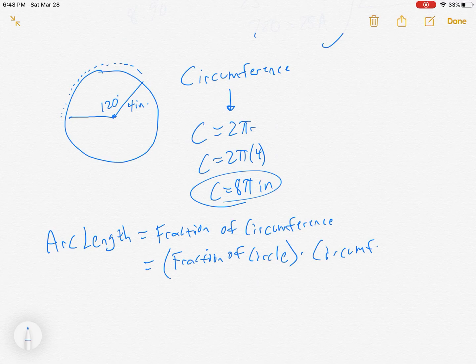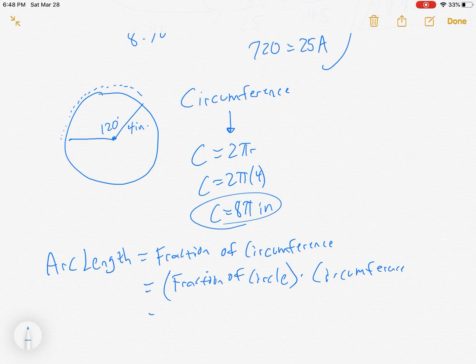That's what we need to do. In other words, the central angle divided by 360, right? That's how much of the circle you're going around, times circumference,